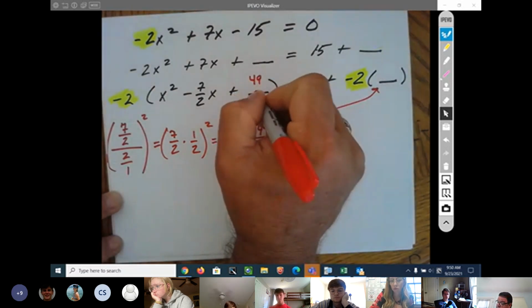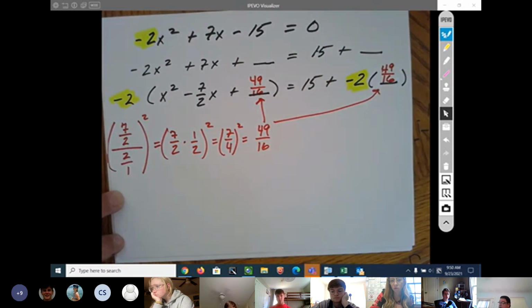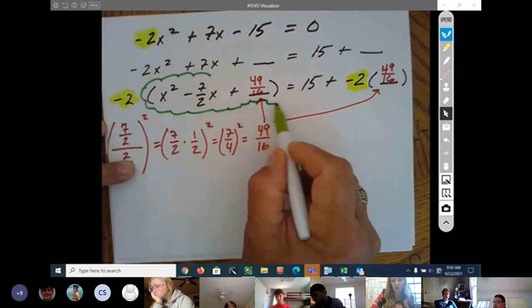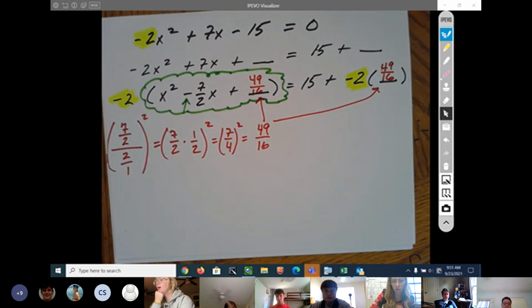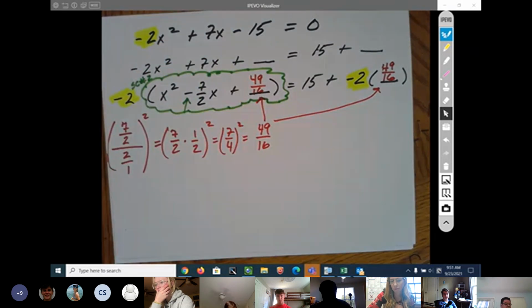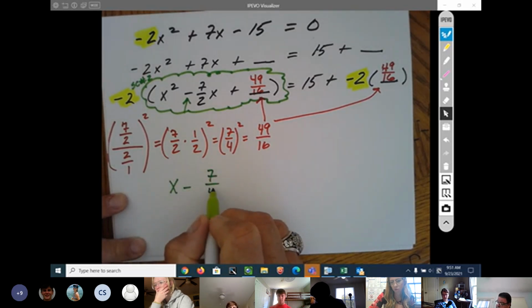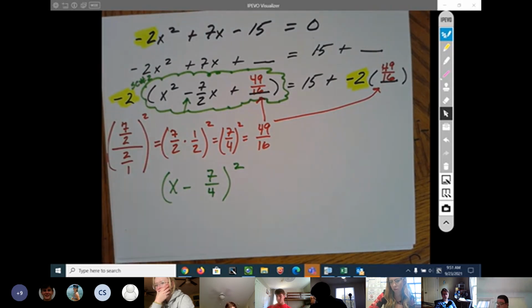So 49/16. 49/16. And that gives us, my green marker, shortcut number 2, which it's supposed to do either number 1 or number 2, and it's number 2 based on that subtraction symbol. Shortcut number 2. So that's going to give us, and I'll do it in green, x minus 7/4 quantity squared with a negative 2 out front is equal to,